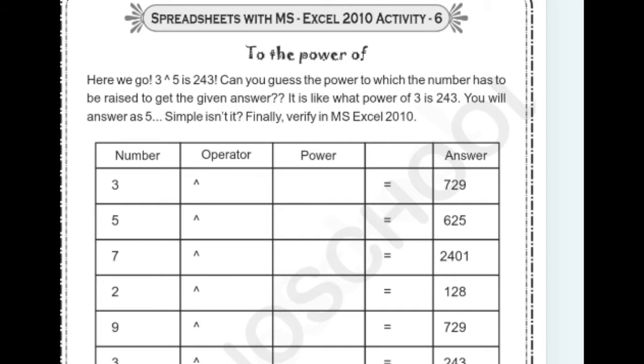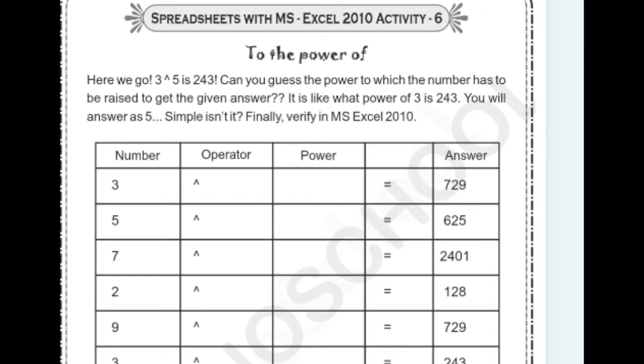It's a simple activity. I hope you can do this activity manually or in MS Excel. Just try it. You can understand. If you have any doubts, ask me. I will explain again. The power value is what we are finding here. In step 1, what do we do? Multiplication. So 3 into 3 is 9, 9 into 3 is 27, 27 into 3 and multiply it, and again multiply. Like that you multiply the same value, and count how many times you multiplied to get the power value. So we write the answers here.